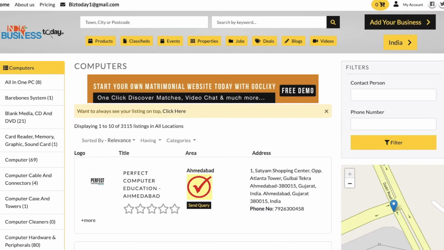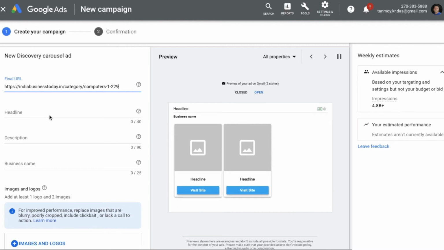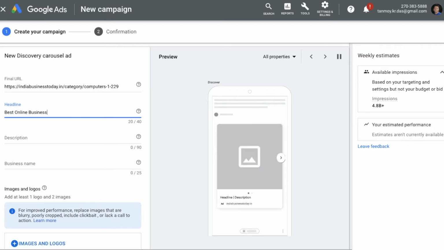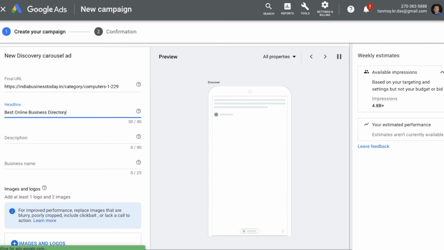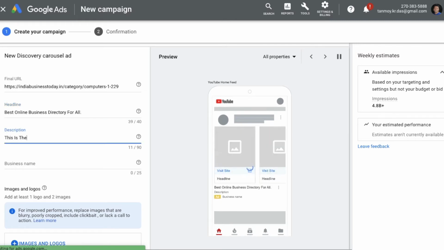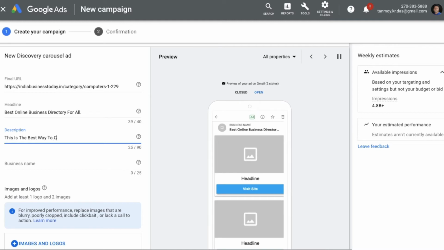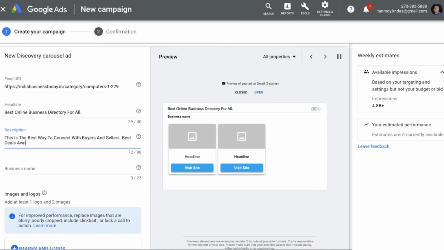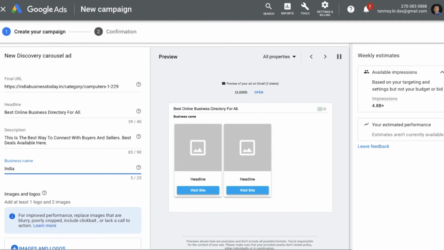So I'm going to pick one and I'm going to put it out here. We can give the headline of the ad in this particular manner. Try to provide as much information as you can. Give the business name,